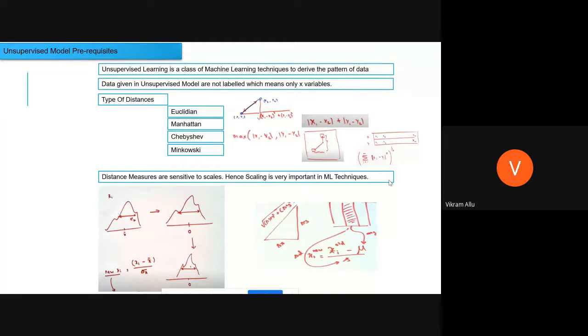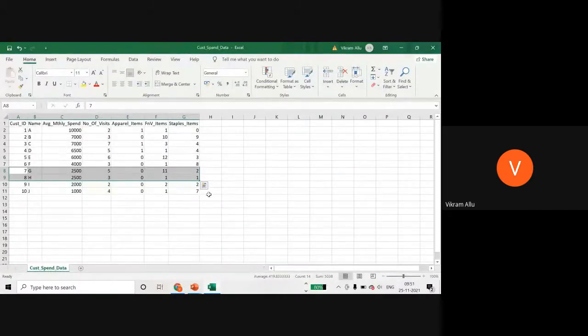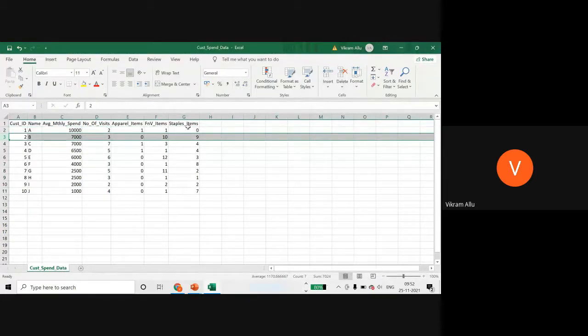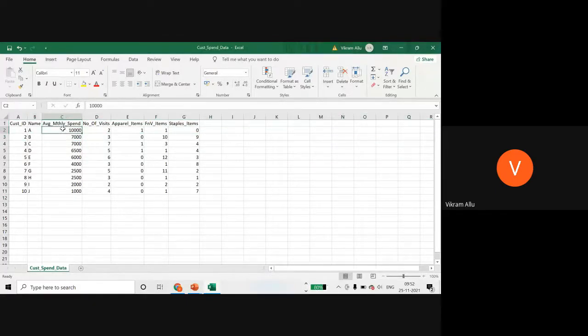Now, the second thing that you should know about is scaling. This is applicable in the supervised model as well. What is scaling between two records or two sets of features? Look at the units of the input variables. For example, average monthly spend might be in rupees or any currency, but number of visits is just a number. Now, how do you calculate the distance between row number 1 and row number 2? A column with larger values will dominate the result. So how do you ensure that all these records are scaled to a normal range